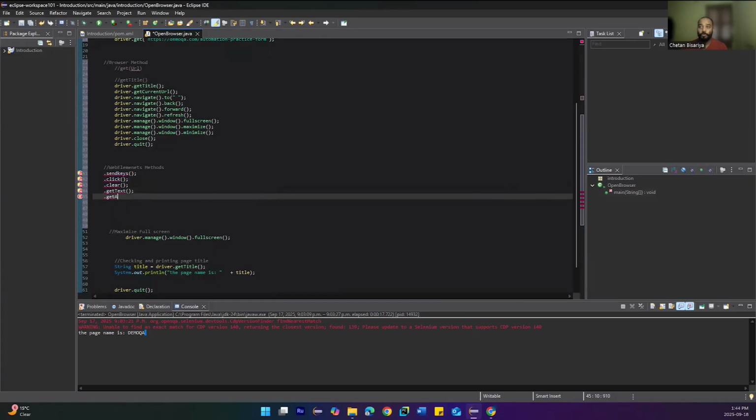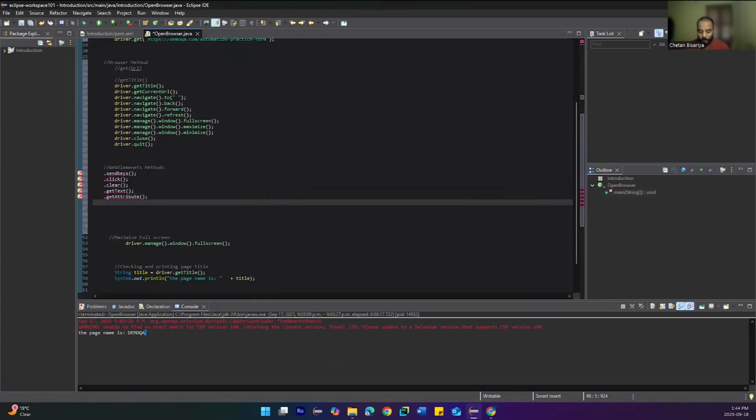And also if you want to know about the attribute, you can use this get attribute. You can use this get attribute and get the value of that attribute. And there are a few more functions which are normally used, but